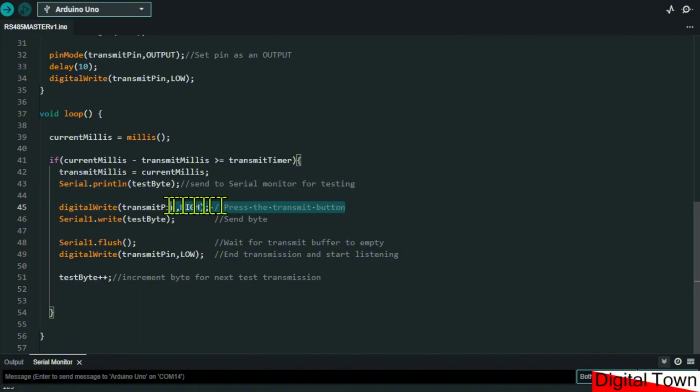Then the way this works, I digital write the transmit pin high. So we're pressing the walkie-talkie button and saying, okay, we're going to start sending information. I then serial 1 write that test byte. So that's exactly the same as in previous sketches. We're doing the serial 1 write. It's just that we've had to press the transmit button first. And then there is a new function that you will see here,